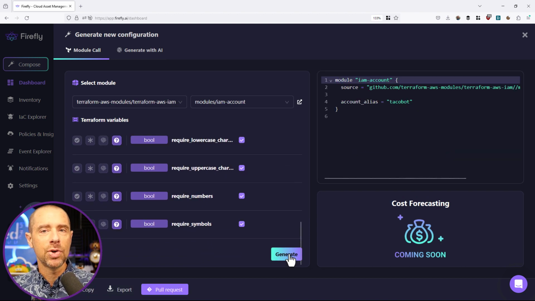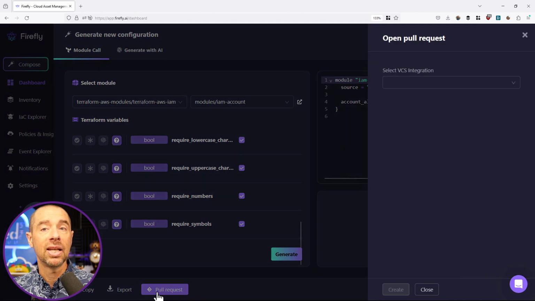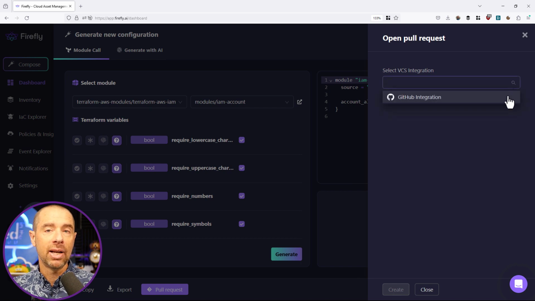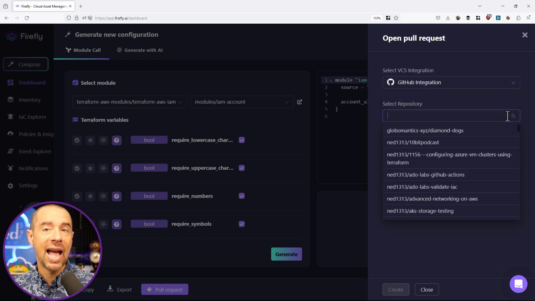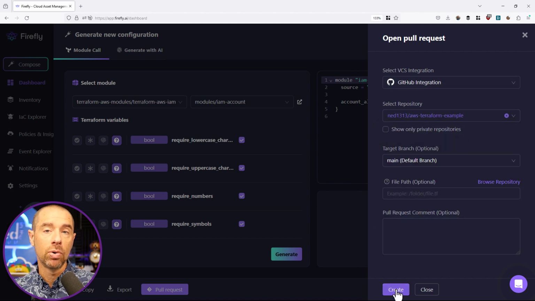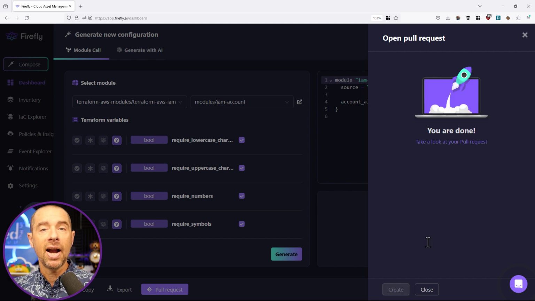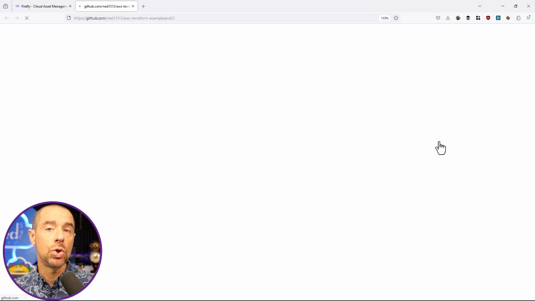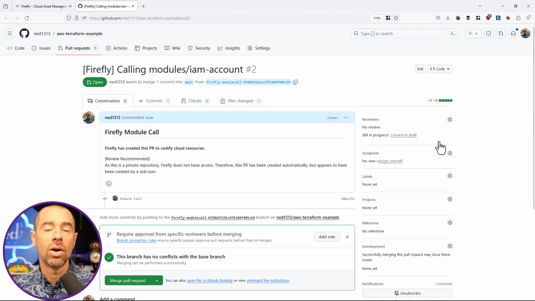Now, once the module block is generated, I can click on the pull request button to add this code to an existing configuration. I'm going to pick my GitHub integration, which has access to my GitHub account, and from there, I'm going to pick the AWS-Terraform-example repository, and then click on the Create button to create a pull request targeting the main branch of the repository. Firefly will provide me with a link to the pull request, which I can click on and review the